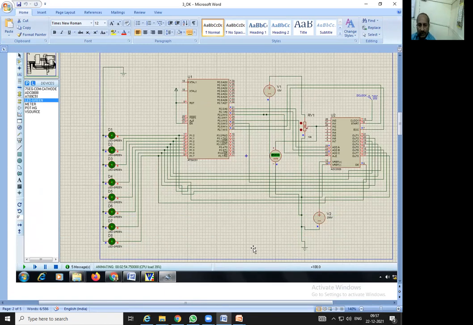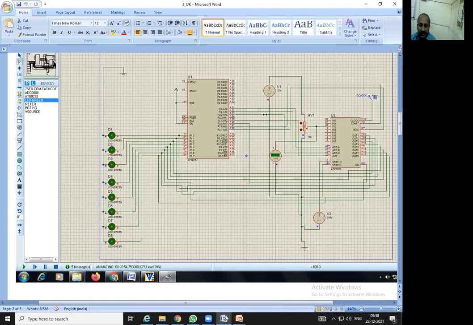Just check the cursor. Where the cursor is indicating, it is the 8051 IC we have used, and it is interfaced with the ADC 0809. The IC numbering in this Proteus might be 0808, so don't go by this numbering.